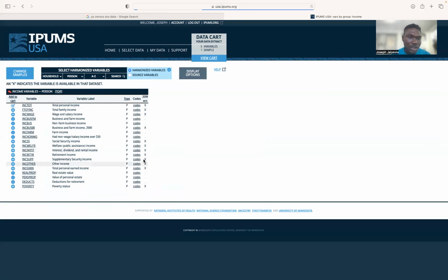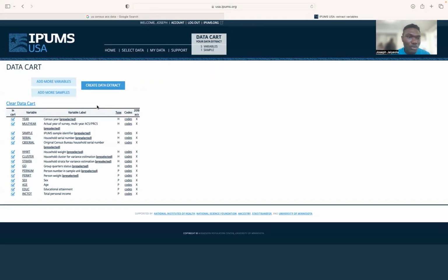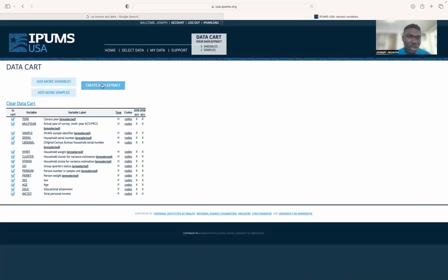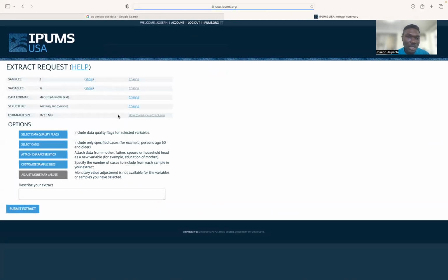And imagine I am done with all my samples for selection. I click on view cart. When you click on view cart, you could basically add more variables or add more samples. Let's try to add more samples, until I want to add the 2018 ACS data 5 years. I click on submit sample selection and you click on create data extract. You could give it whatever description you want to use. So let's click on this, let's say